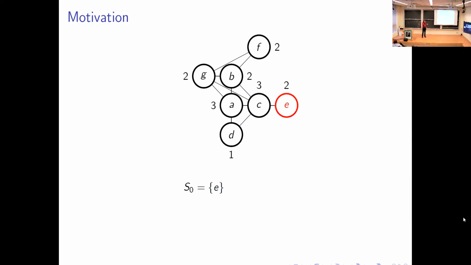So now the task is to start a spread. For example, if I started the spread from node E, now the process stabilizes here because there are no additional vertices that would get activated. Maybe I could start the process from nodes E and B, but still there are no other vertices that would get activated, because there are no black vertices which have a number of red neighbors at least their threshold. But if I started the process from vertices E and A, now